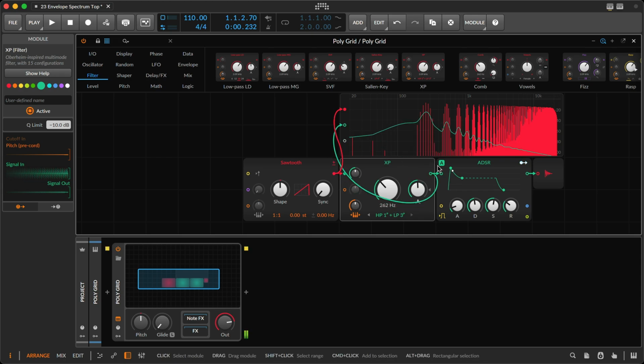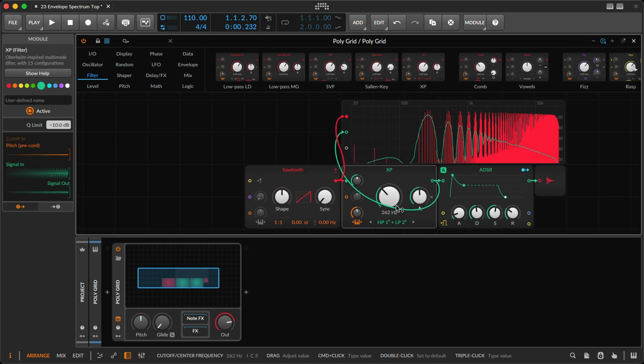Because at a certain point, the filter is just deciding how much we hear different harmonics. Maybe I want it a little bit less steep. High pass 1, low pass 2. Okay, cool. Now,